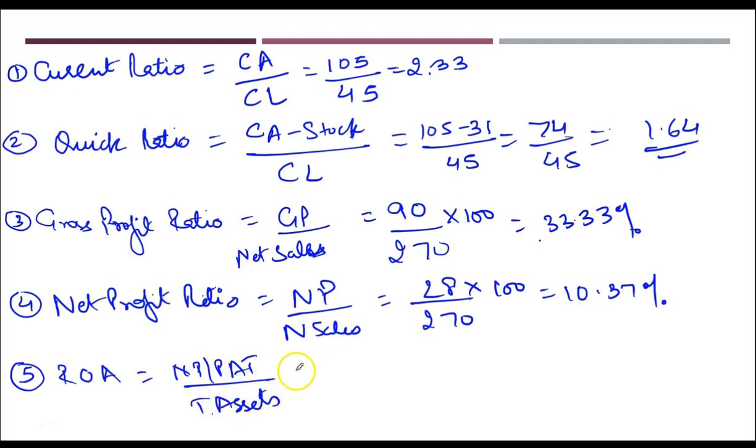Okay, so this is equal to 28 divided by 310 into 100. All right, and this comes to around 9%. Okay, so return on assets is also there. All right, next we have